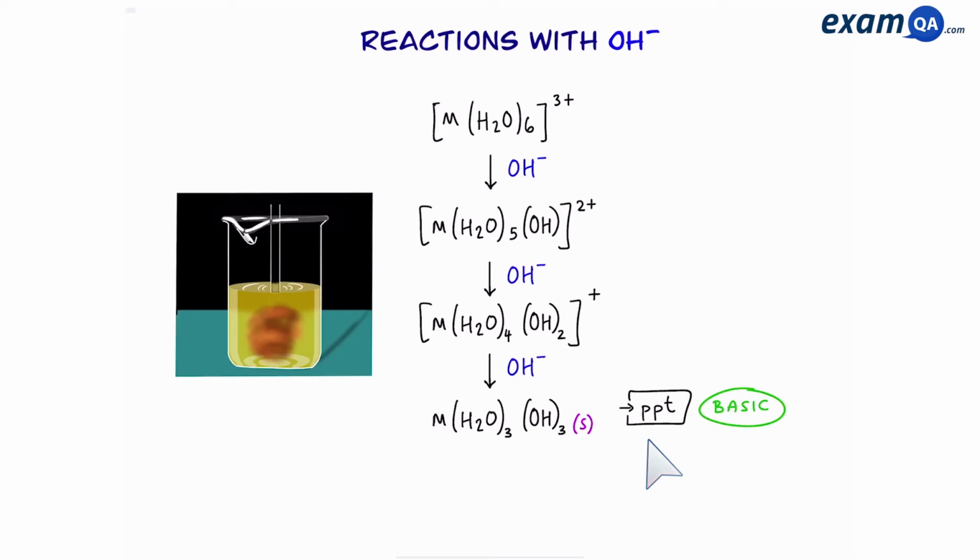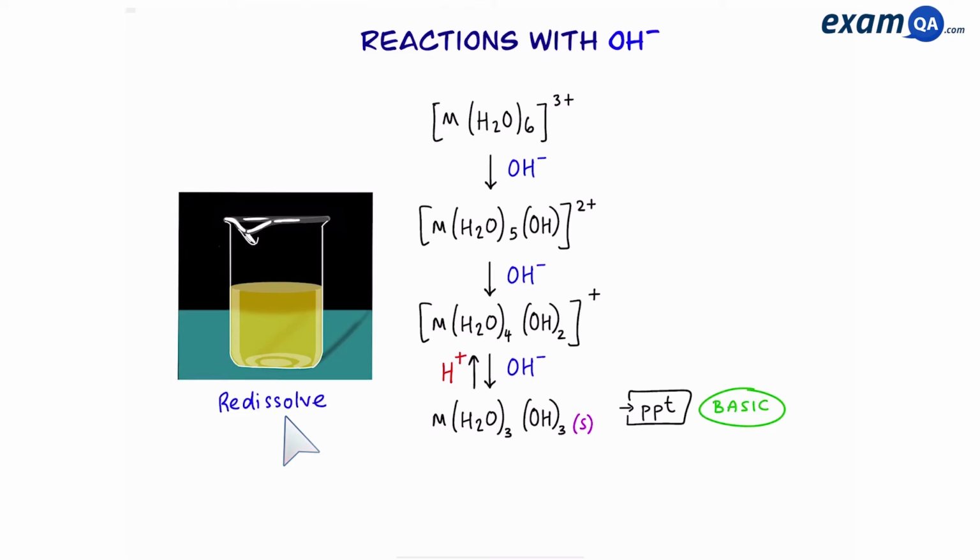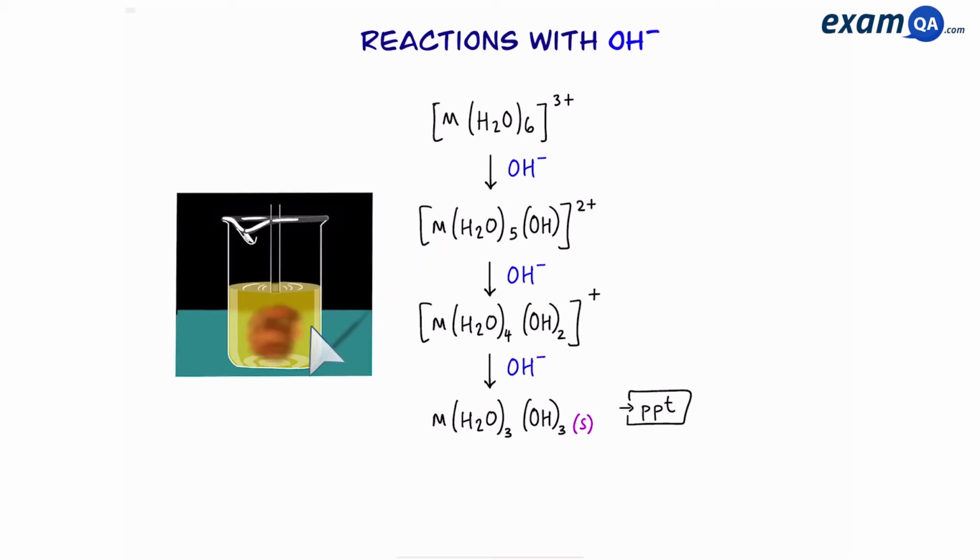Now most precipitates are basic. That means if I was to add any more hydroxide ions, it will not react with the precipitate. However, since it's basic, that means if I add hydrogen ions, it should react with it and go back up the chain, forming [M(H2O)4(OH)2]+. Now we have a charged compound again, so it will redissolve in the solution. Now if you want, you can keep adding acid until it goes all the way to the beginning. However, it doesn't matter which form you have, 3+, 2+, or +1, they're all going to look the same. Going back to the precipitate,